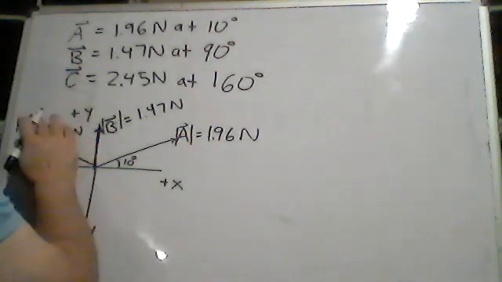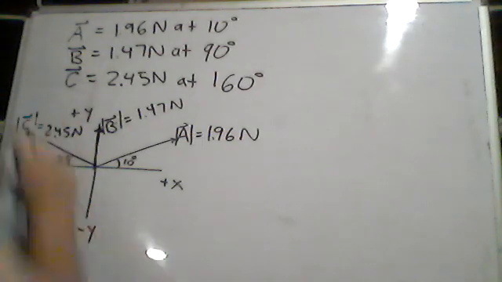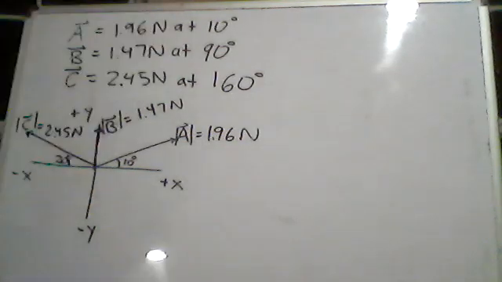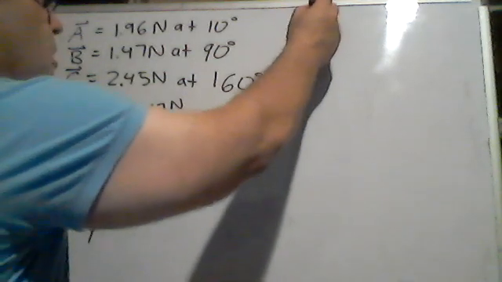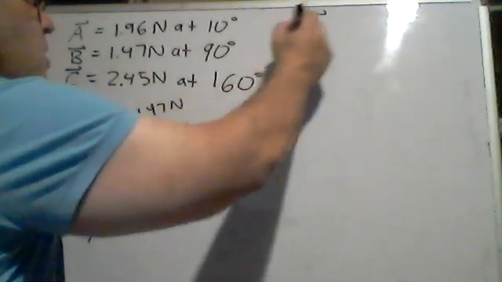2.45 newtons. All right. So really, it's just going to be deja vu. I mean, I've already done this. I'm just going to do it with three vectors now. Just a little bit more work. Luckily, this one's going to be pretty easy, so it won't be too much more work. Okay, so let's work it out like I did before. I'm going to try to be a little faster than before. So I have A,